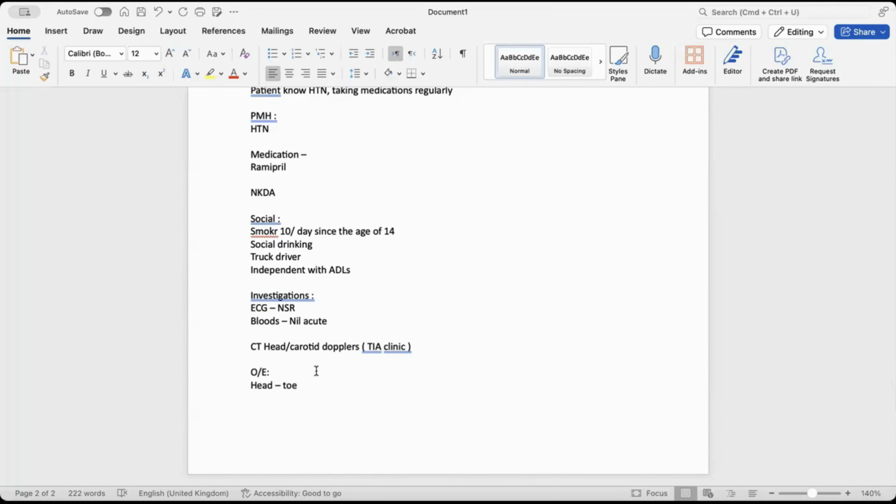Let's say there's nothing, the examination is normal. Just please document it quite well. So what do you look for in this patient? What are you going to examine? Definitely a GCS, along with cranial nerve examinations, like the 7th cranial nerve is very important. Yeah, exactly. What else? Look out for any drooping or facial deviation, any focal signs,